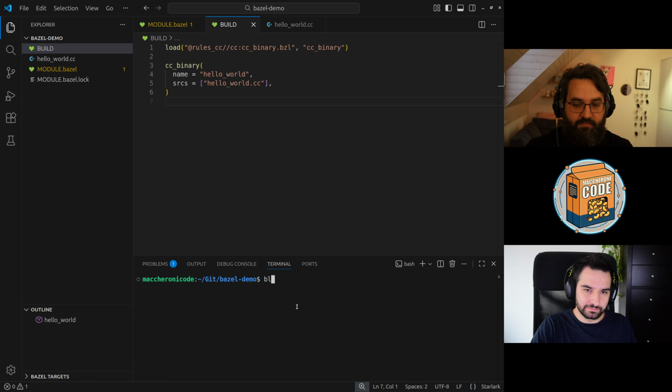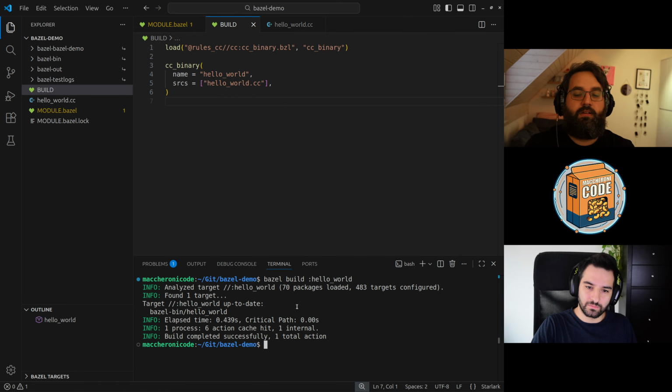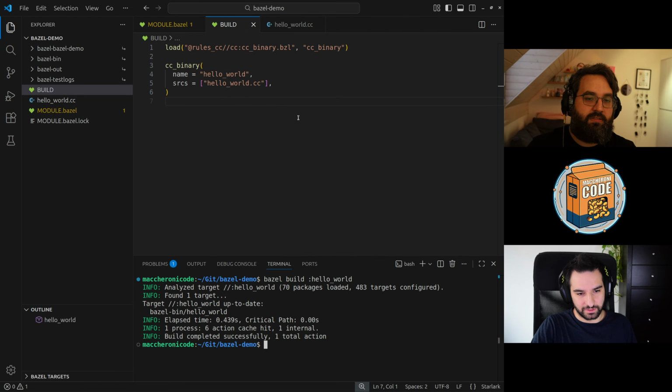To build this, you just go Bazel, build, the colon separates the path from the target name, and you say hello world. Okay, perfect. Oh, and there it is. You see there are a bunch of additional folders.